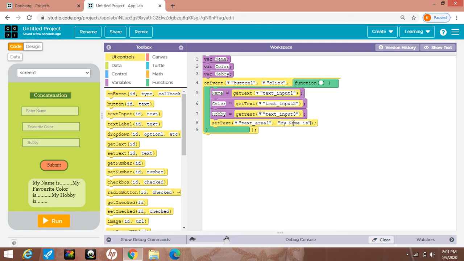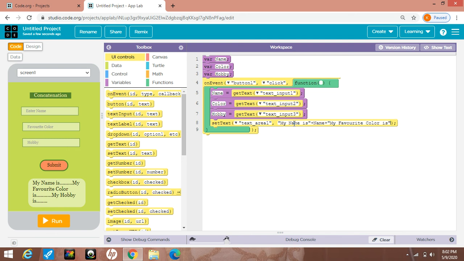After this I want to concatenate the string with the variable value. Then you will use this plus symbol. Plus is used for joining the strings together. And then the variable name is name. Then again plus symbol for concatenation. After this I will write my favorite color is, then double quotes.